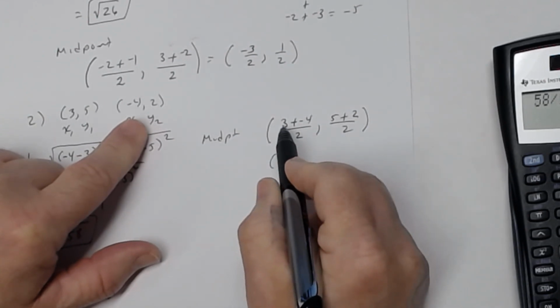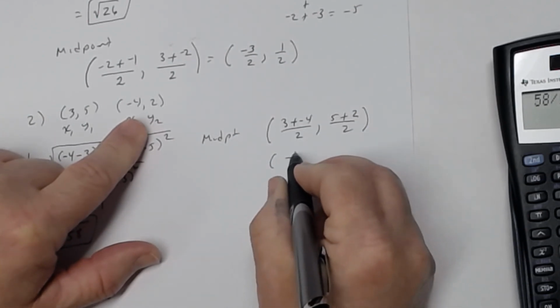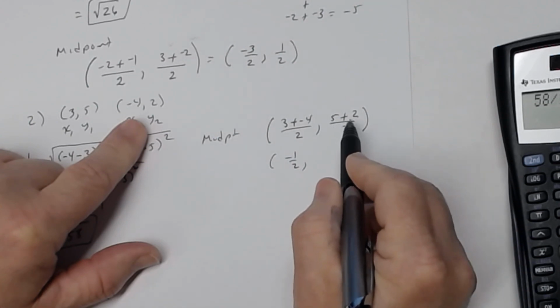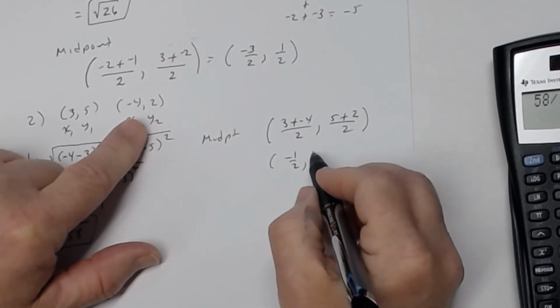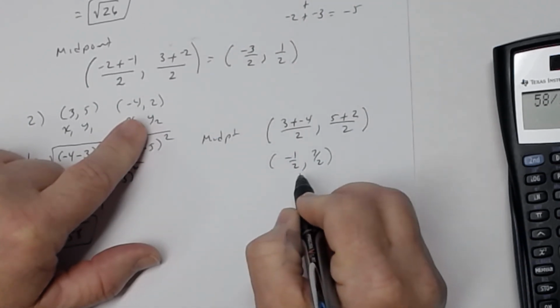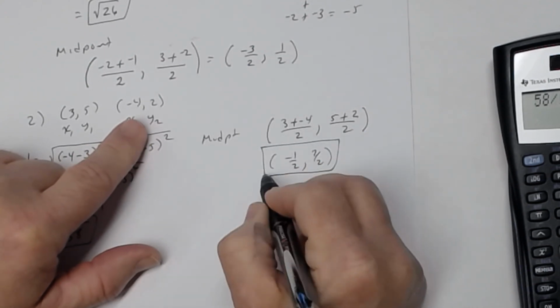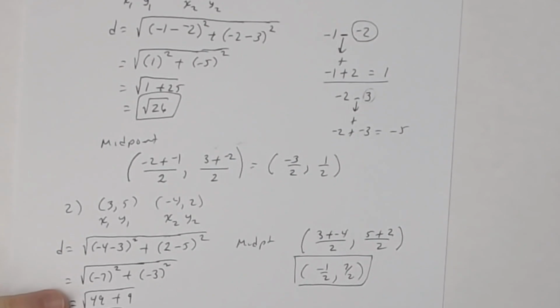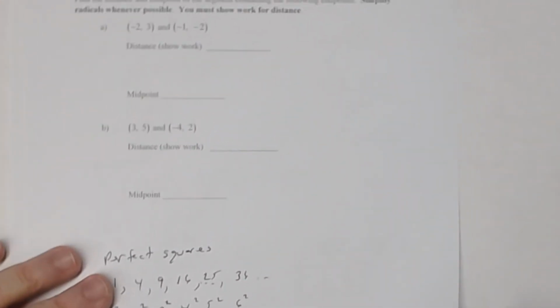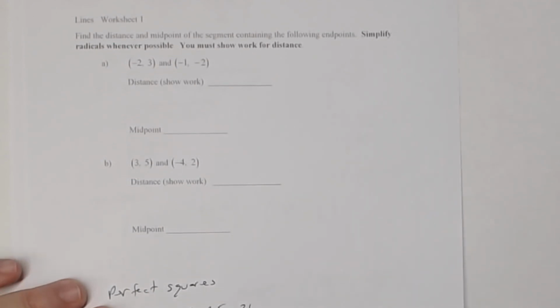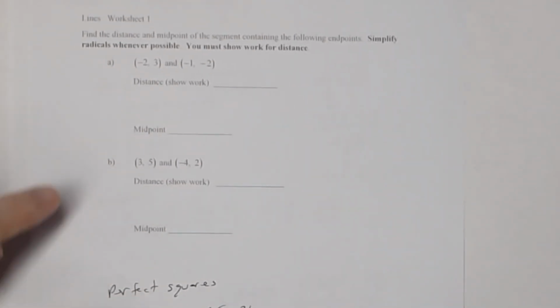Simplifying this, 3 plus a negative 4 is a negative 1, so that becomes negative 1 half. And then 5 plus 2 is 7, so it becomes 7 halves. And simplify if you can. I cannot simplify this, and so there is your midpoint. So that is how you find the distance and midpoint of a segment. All right, so that is the answer to A and